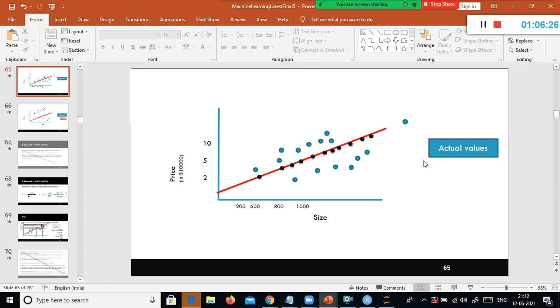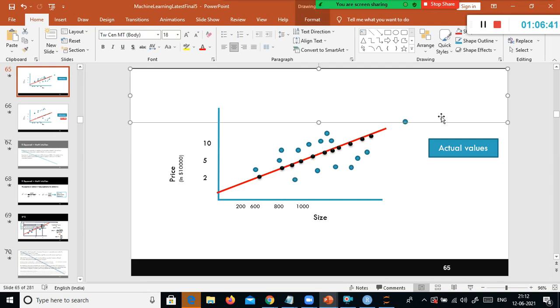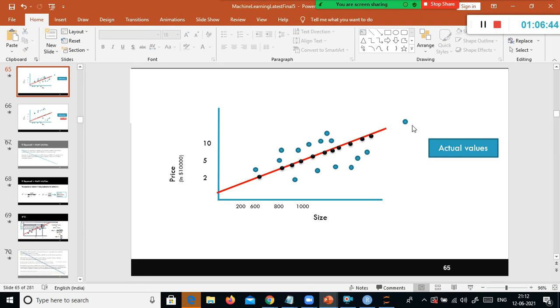Partially, yes. Distance: you just check the distance between all the blue values, the blue color circles. See, this is closer to this and this is closer to this. Almost all of them are closer, except this, right? It is too far. This is an outlier, right? Does this outlier have any influence on this line? No.